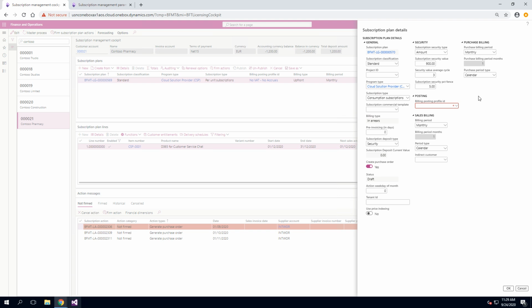So what we're saying here is that we are expecting that our customer every 3 months they spend with us more or less 900 euros of this subscription product. If that threshold is skipped by 5%, so if it becomes 900 plus 5% higher than that, the system will generate a new request for deposit action to top up the